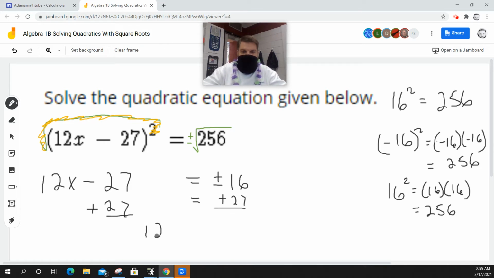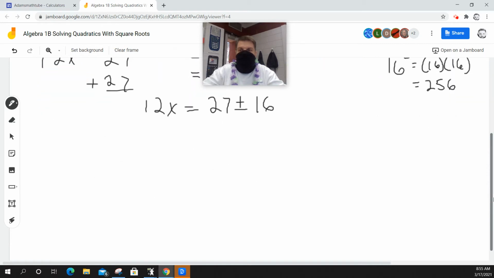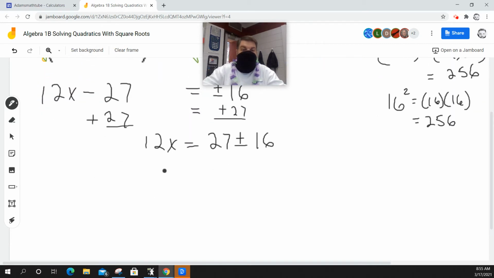That leaves me with 12x is equal to, now here I'm just going to leave this as 27 plus or minus 16. I'm not going to add those up yet. I'll get to that in a minute. What would I normally do next? Next, I got to move stuff away from the x. 12x means 12 times x, so I got to undo multiplying by 12, which means I would divide by 12. And whatever I do on one side, I have to do